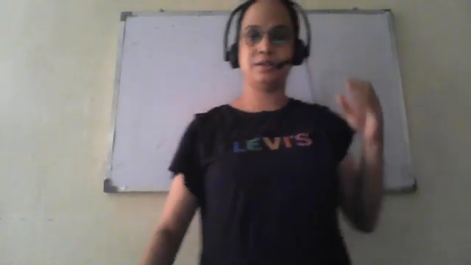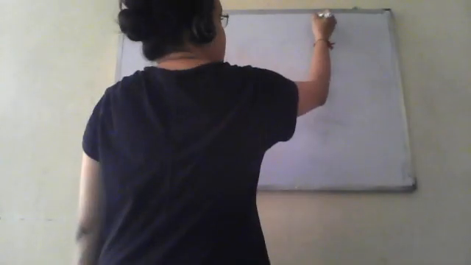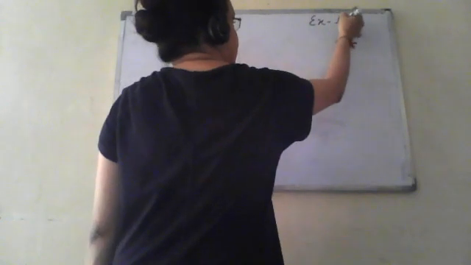Standard 9 Maths Chapter 1 Number System. Hello everyone. In this video we will discuss exercise 1.3. Clear? So question number 1 of exercise 1.3 is: write the following in decimal form and say what kind of